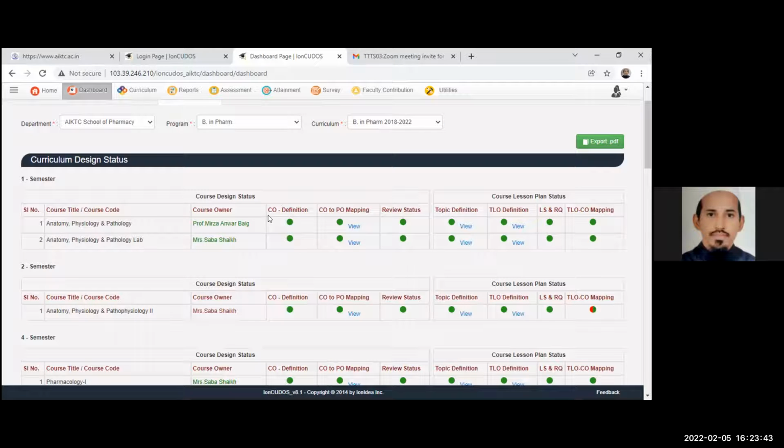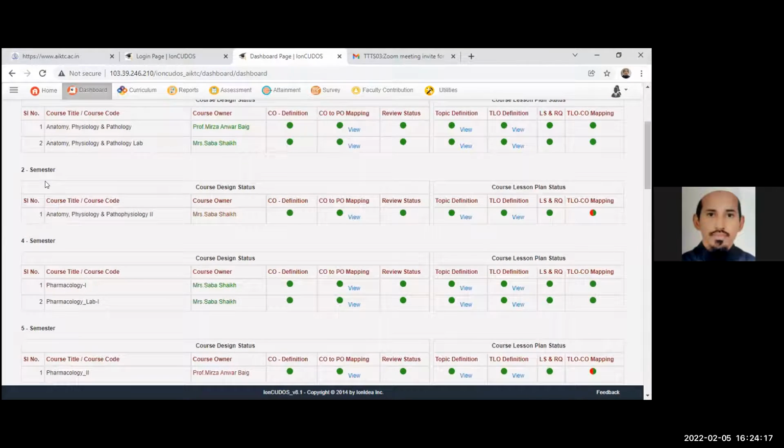These are the CO creation, it is over, CO to PO mapping is over, review status, course lesson plan status, topic definition, topic learning definition, lesson plan to review question, and TLO to CO mapping. So this is related to CO creation, CO mapping, COPO mapping. Now this is your lesson plan, planning, topic definition, then topic learning outcome, lesson plan and all. So in one screen in dashboard, you can see the work of semester 1.